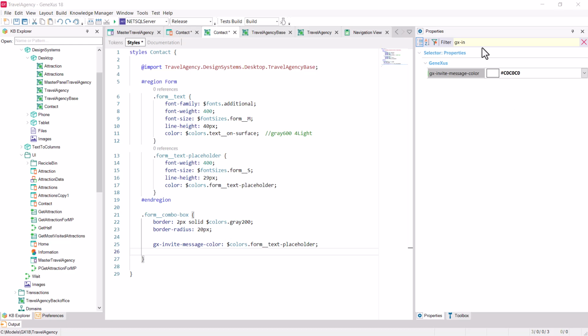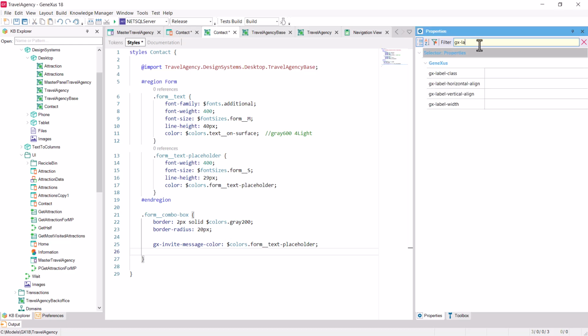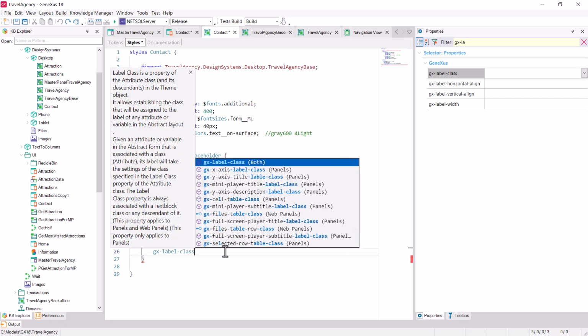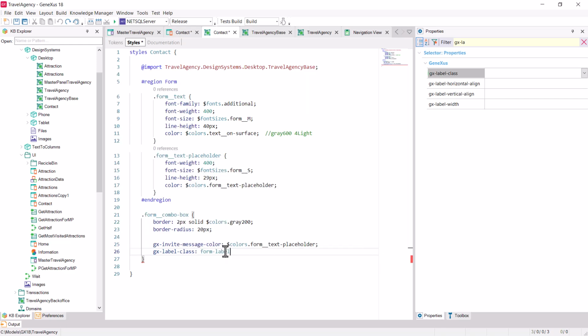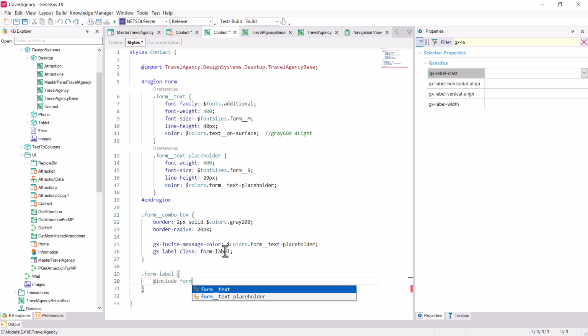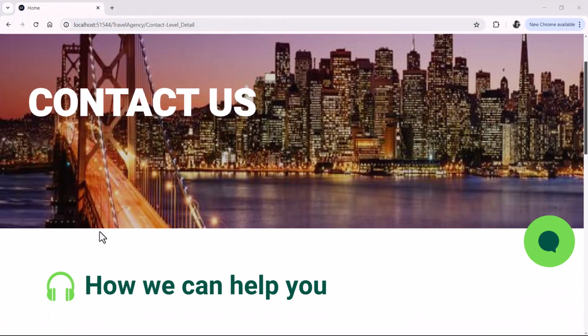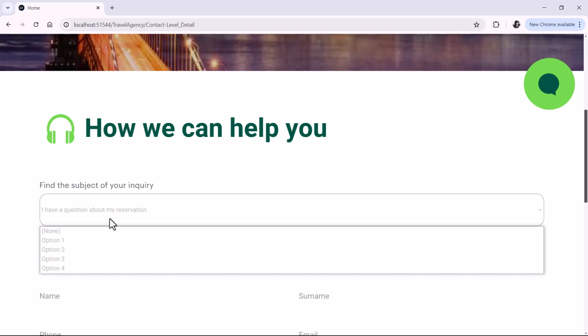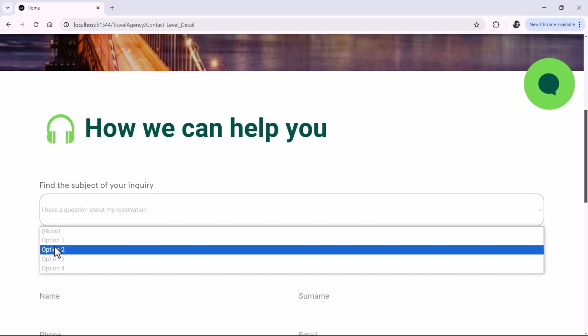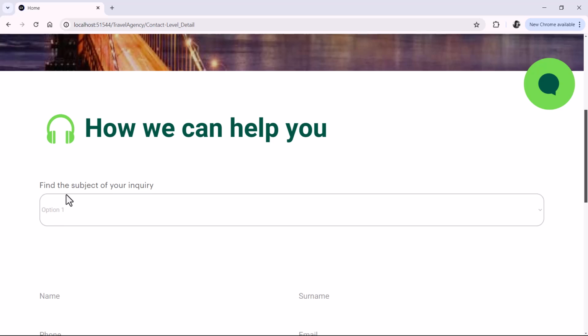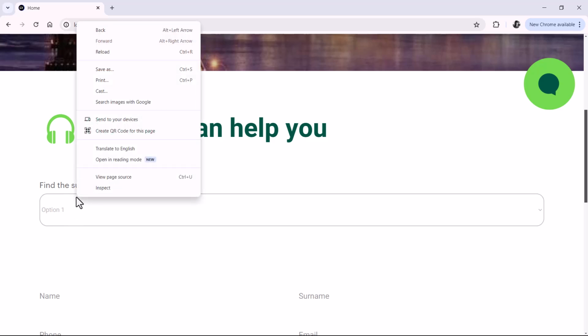Now, let's assign the class for the label. It'll be gx_label_class. What I'll do is assign a new class to it, which I'll call form_label. For now, I will only define it including the typography class, but we'll see that we have to add more properties to it. Let's run it to see what we've done so far. It starts to take shape, but let's look at the combo text. It's stuck to the left edge, and the height of the field also looks bigger than Figma's. If we inspect it,